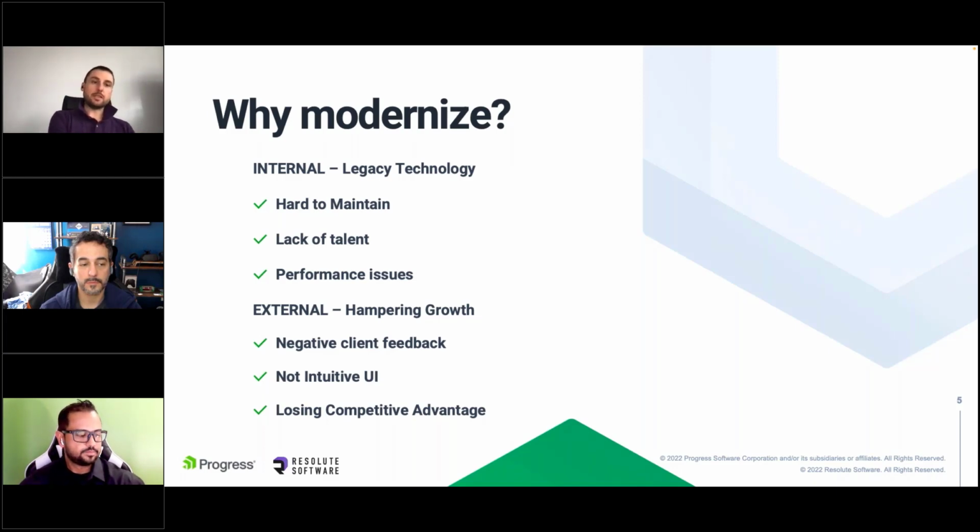Probably even more importantly, sometimes at least for the business, are the external forces that are really about hampering your growth or limiting the added value that your web forms application provides. Particularly, some of the reasons that we see in our modernization projects include, for example, negative client feedback about choppy or non-performant applications that are not updated as quickly or as thoroughly as the modern user demands nowadays.